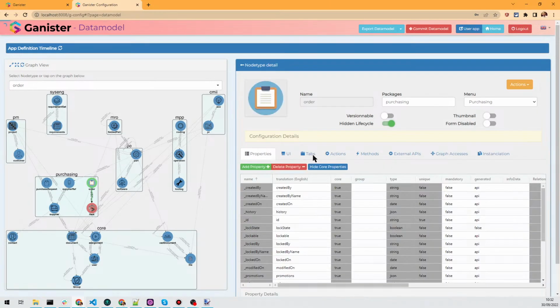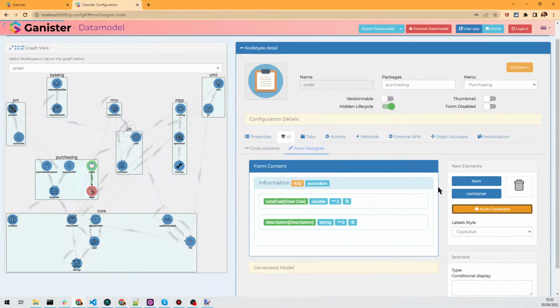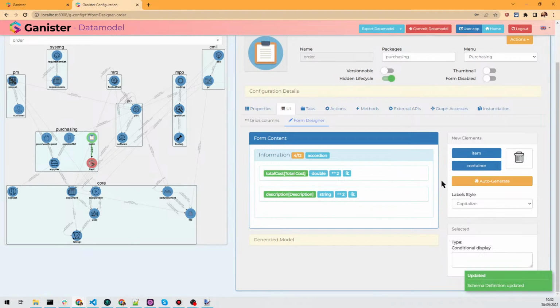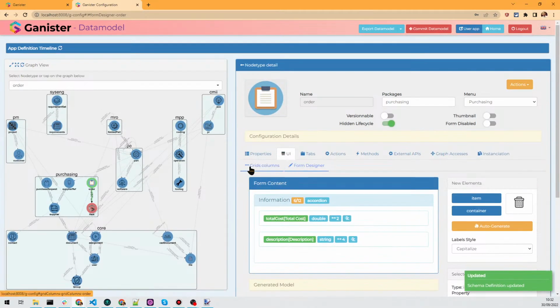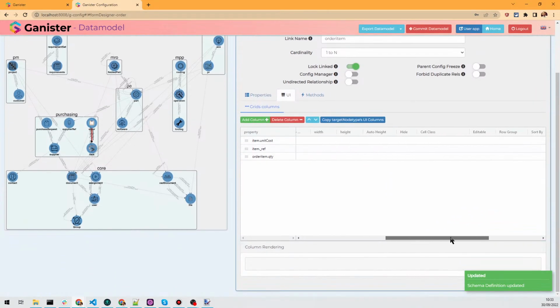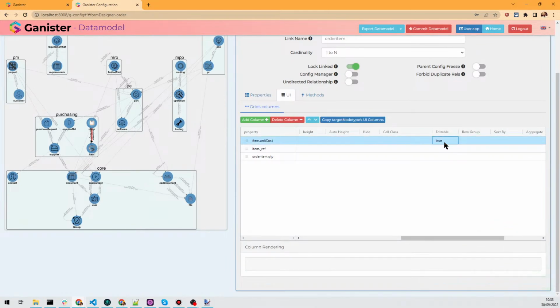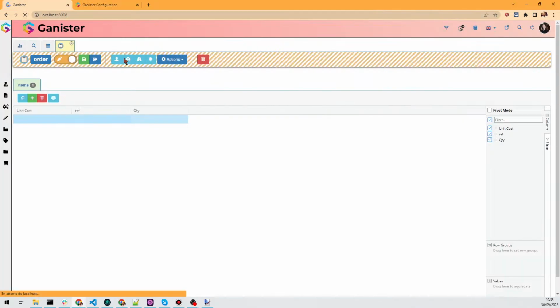Here, order, the form, auto generate. We put a longer description. Okay, and I said in the grid, I want the fields to be editable. So here, editable, true, true, true. Okay. So if we refresh here,